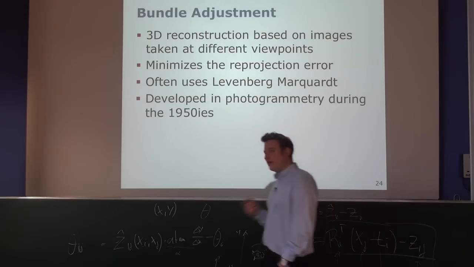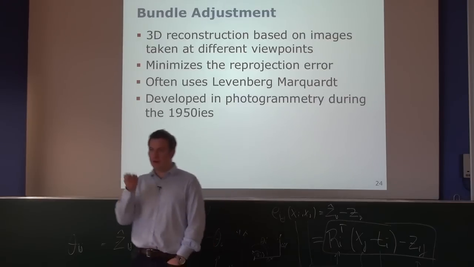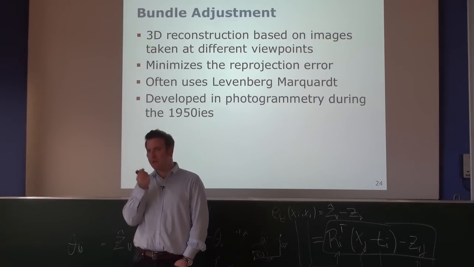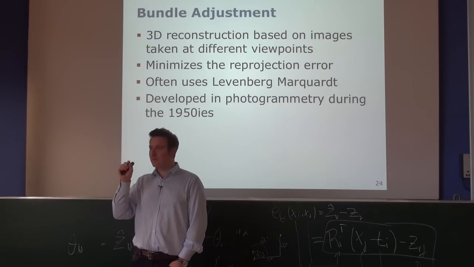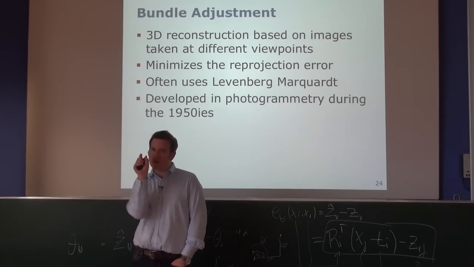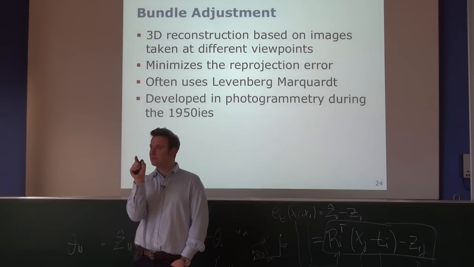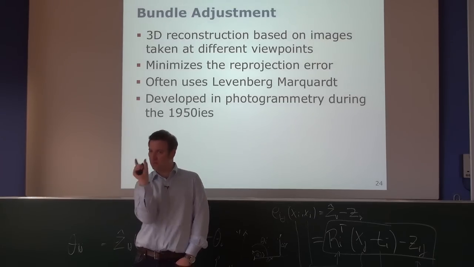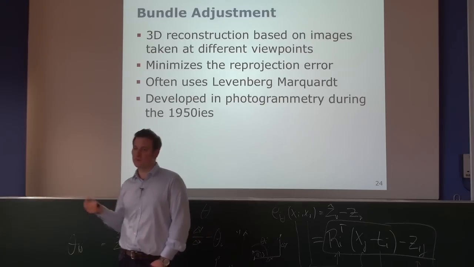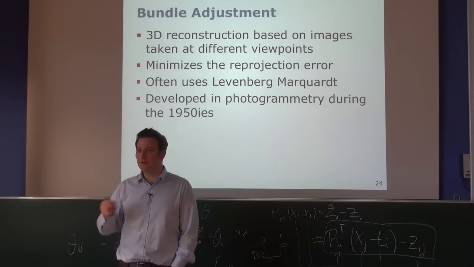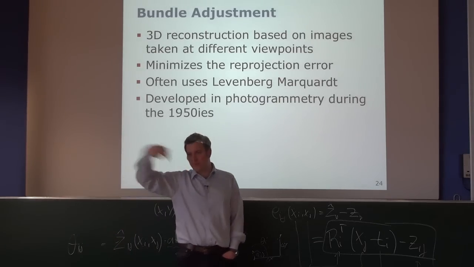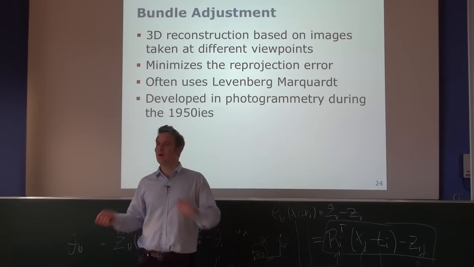That means: where do I expect to see my feature, in which pixel on my camera image, and where do I observe it? I take the Euclidean distance between the pixel where I see my feature and where I expect to see it, and I want to minimize this error. It's what's called the reprojection error. So if you reproject where you think the landmark should be in your image, how well does this match